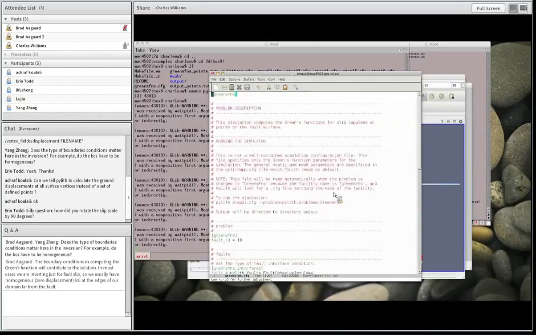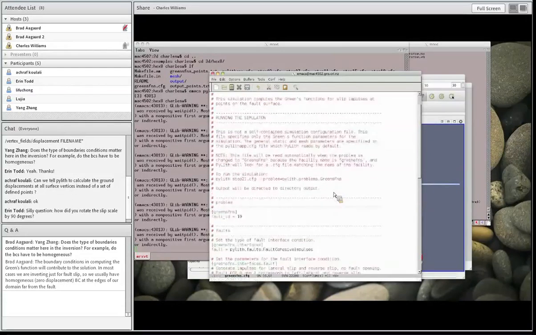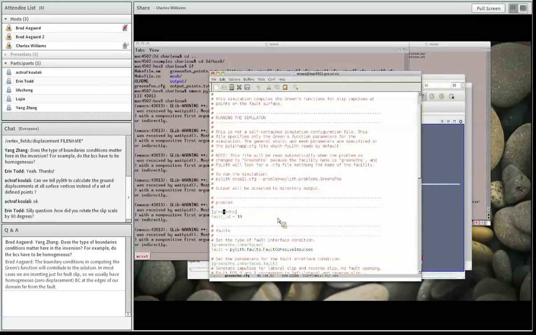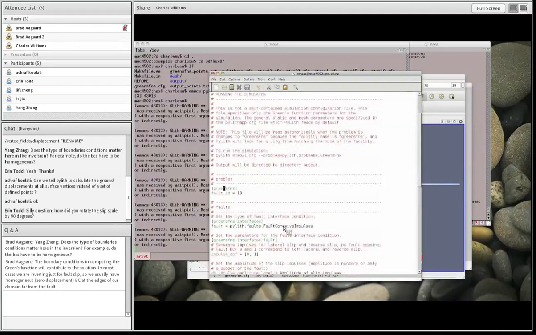So this is the part that's specific to Green's functions. So as before, now you'll notice that all of these things have greensfns as the problem type. And when we change the problem type to Green's functions, PyLith will automatically look for files with this name, greensfns.cfg. So the first thing we do, we give it our fault ID, which we've set as 10. And again, this is the same as for the 2D. For our fault,